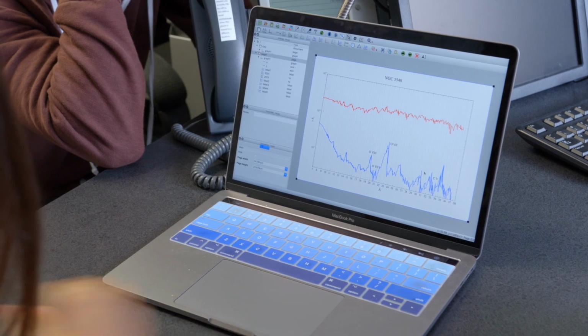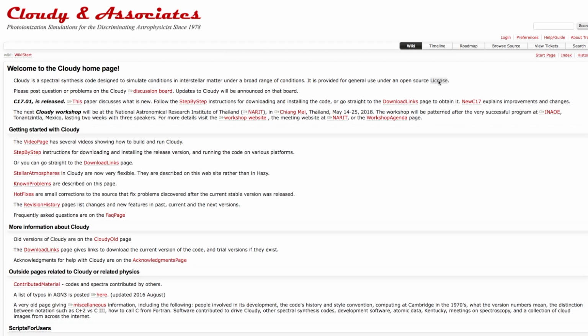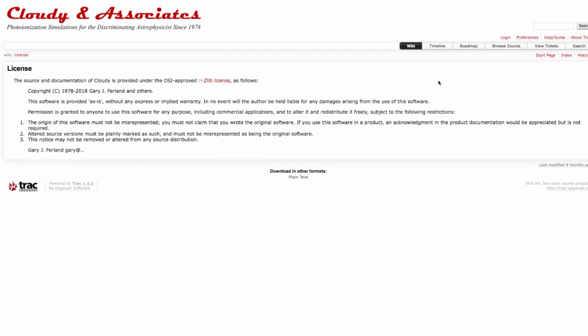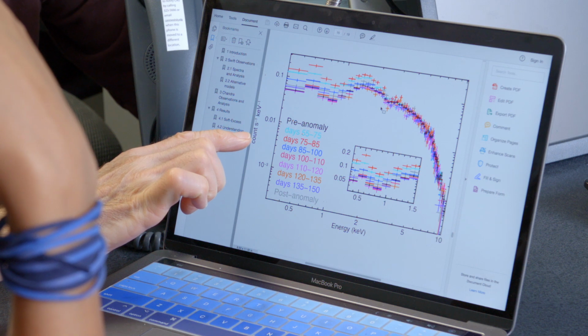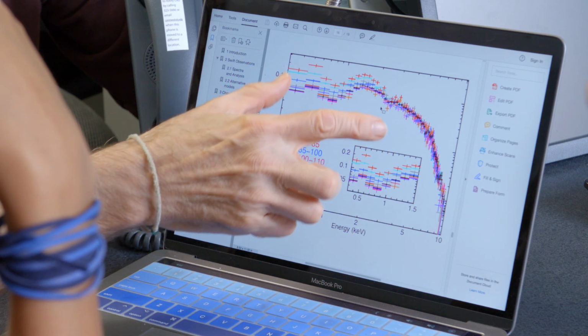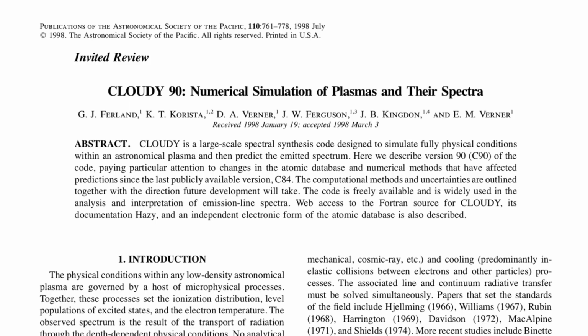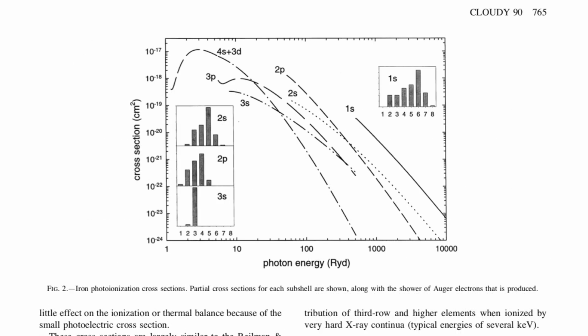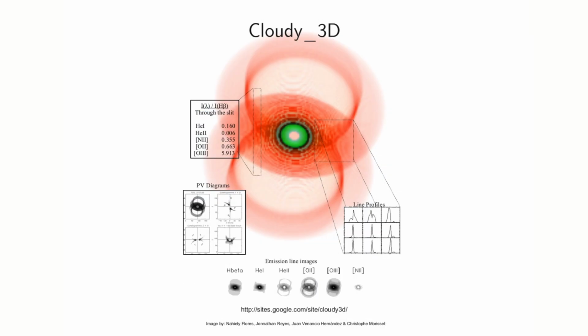It was initially funded by NSF in 1980, and they always required that anything that comes out of NSF-supported research be openly available. So Cloudy was actually open source before there was open source software, and it's become very, very broadly used across the astronomical community because understanding what the messages are telling us from the stars is so important to everything we do. Cloudy is one of the most highly cited projects in astronomy. Both the 1998 and 2013 review papers are in the top 1% of astronomy citations in their respective years.